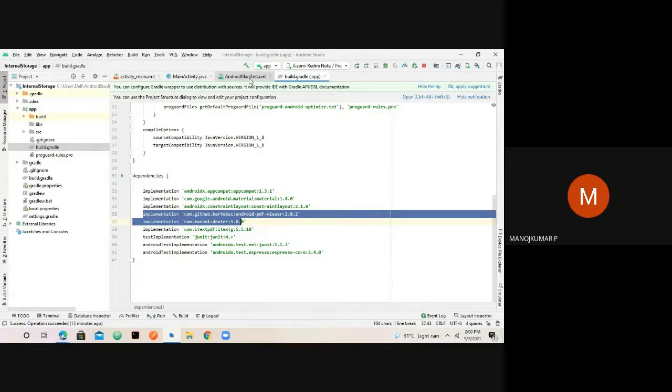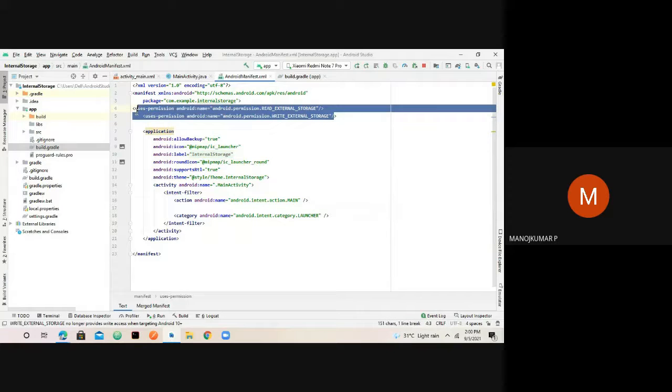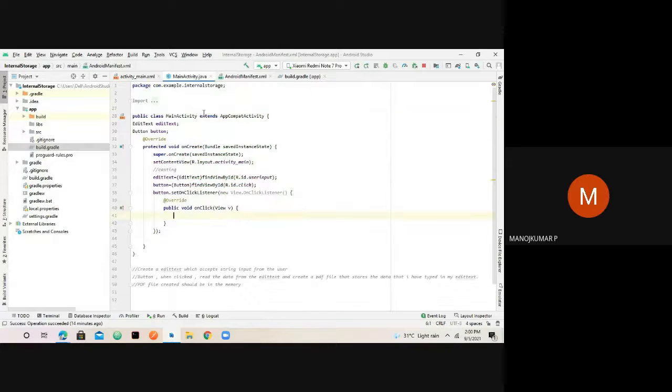So once you have included this and these two lines in the manifest, you are set to go. You can make use of the inbuilt classes that are available for creating a document and other things. But before that, one thing we have to make sure is that we have to ask for permission, right? If we are using an advanced version, for that, I will use a command called Build. I will check the version through the SDK integer. Each and every version has its own integer value.